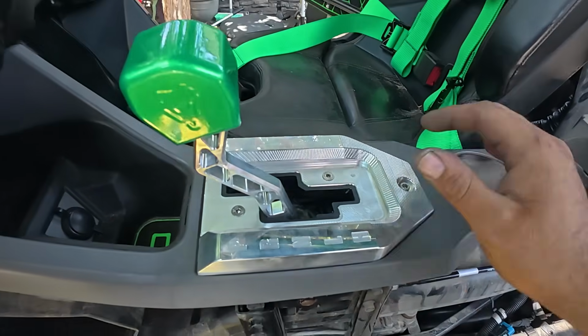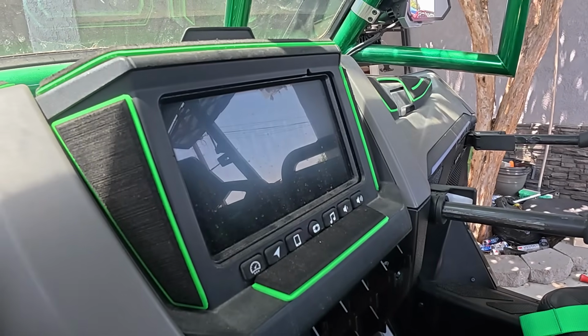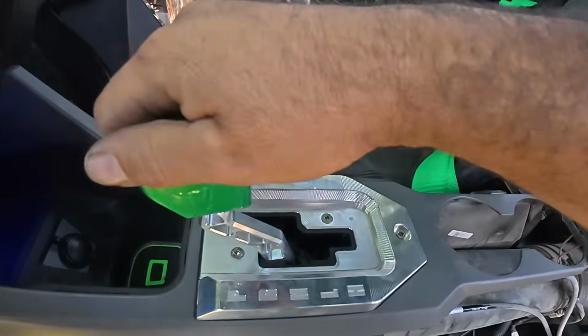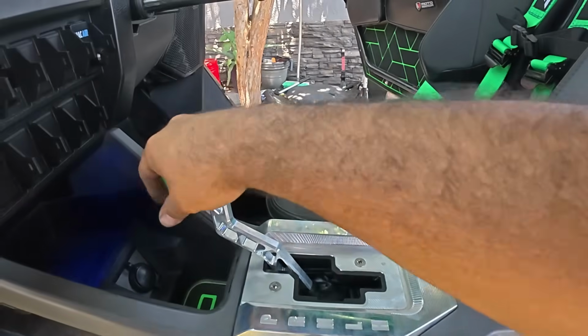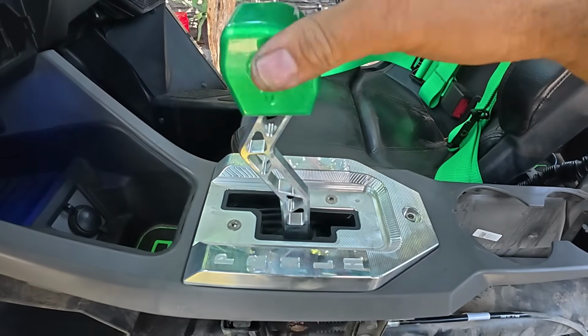That's reverse. We're gonna verify real quick. I wanna make sure that says reverse. Yeah, it's showing reverse, low, park. Yes, it is working correctly, but the main thing is we are centered to where we want to be,